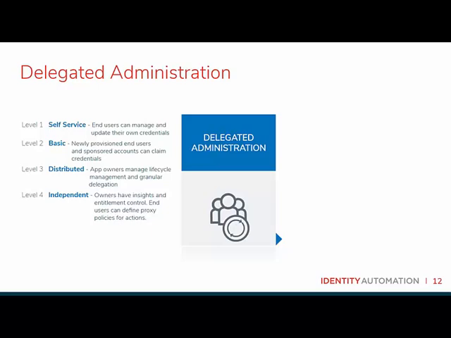When we move to level 3, this is where we get into more of a distributed model. This is where end users can help peers based on their relationships. So this allows users to become more of a second level of support next to self-service. If an individual can't reset their own password, perhaps they can go to their supervisor, and the supervisor has the ability to reset their password so they can be up and running and not have a slowdown in their daily work, and not have to go to technology or IT and put in a ticket to get something reset.